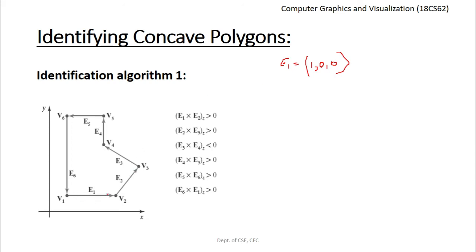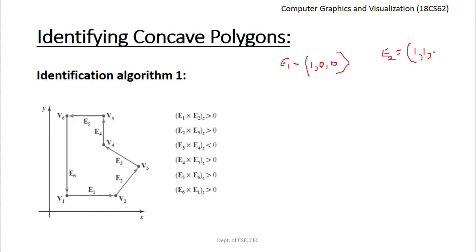What about the edge E2? How can you represent it using a vector representation? By considering the displacement along x, y and z. First let us check if there is a displacement along the x axis. Yes, it is moving from left to right, so there is a positive displacement along the x axis. Along the x component, let us give it a positive value, say 1. What about the y value? This edge is also moving from bottom to top. There is a vertical displacement as well, so the y component will also have a positive displacement, represented by 1.